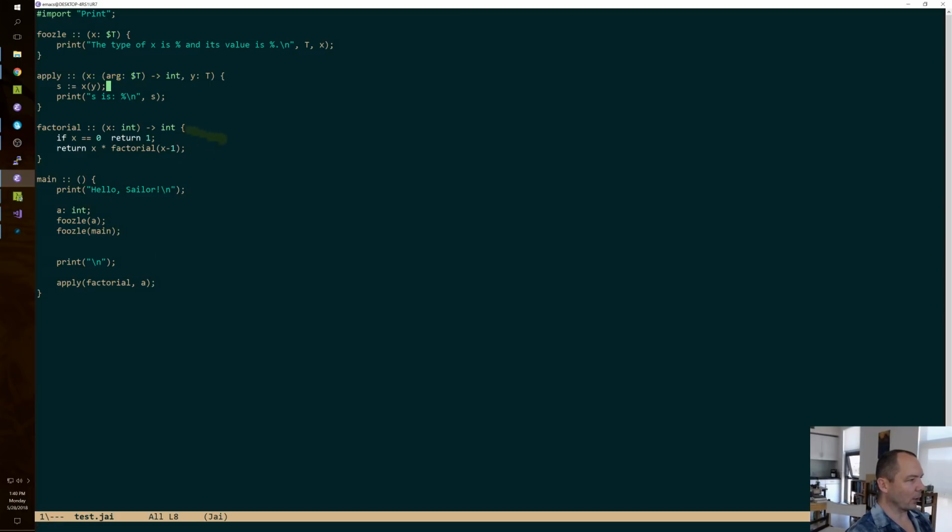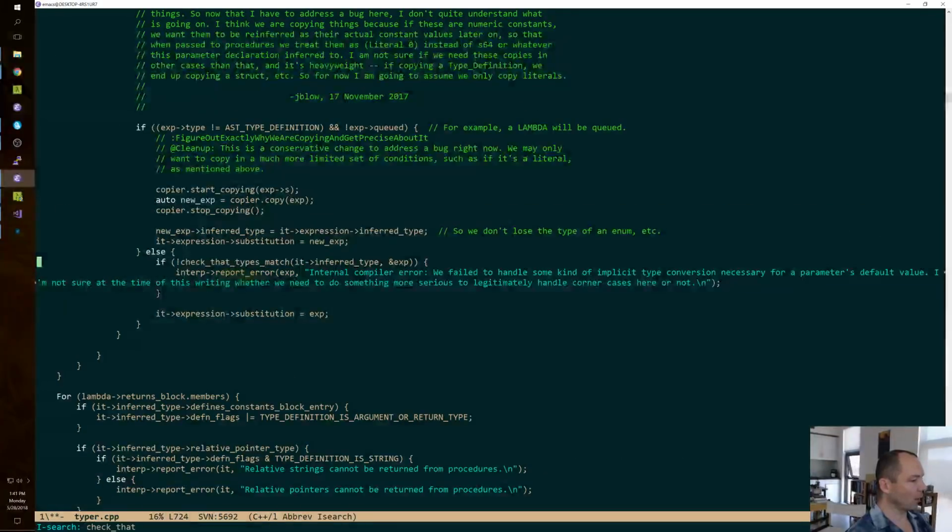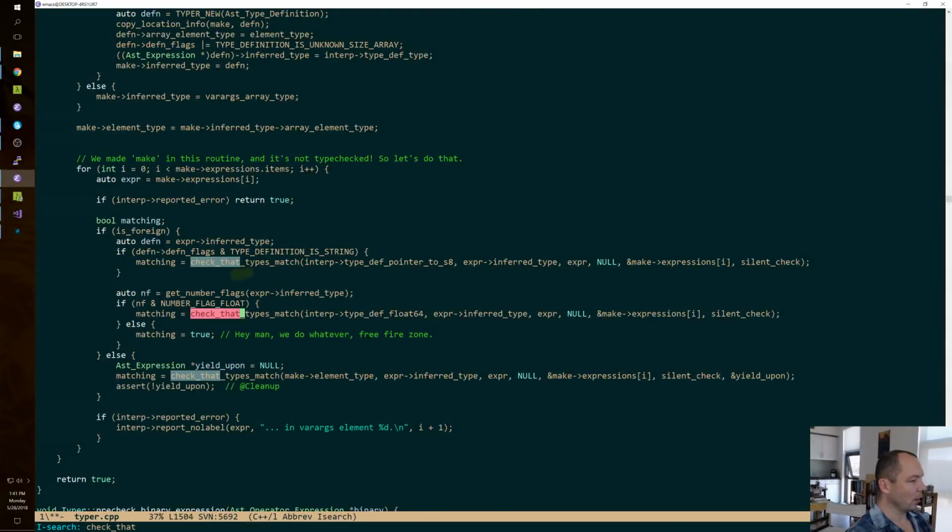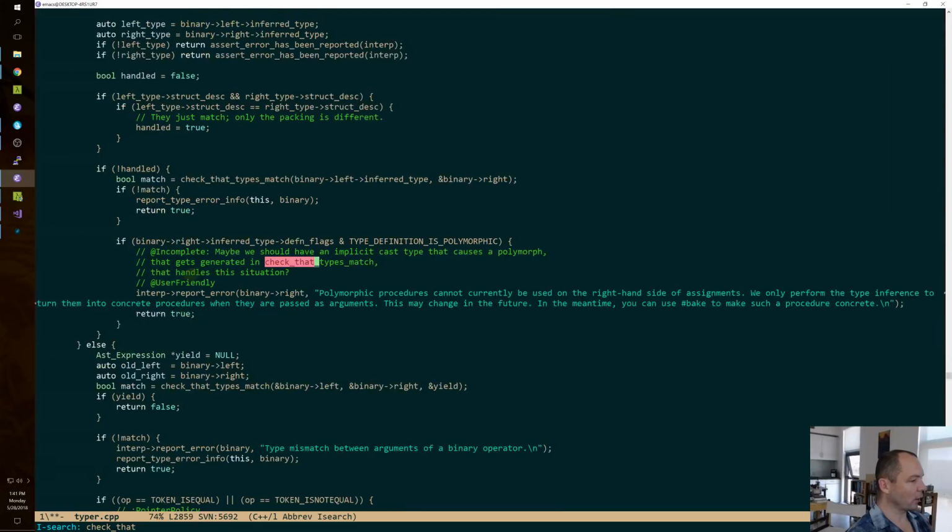Now, let's talk about what I am going to do, and I'll think my way through it. I've already thought my way through vaguely how I'm going to do this, but maybe we can make it more concrete. The way that pattern matching works is, well, before we had polymorphism, we already had a type checker, and we had this routine called check that types match, right? And if your types are not polymorphic,